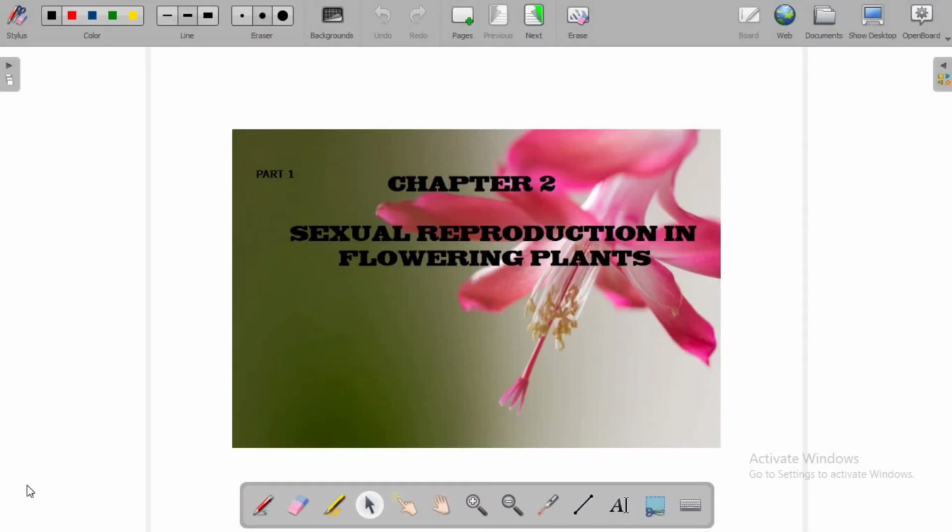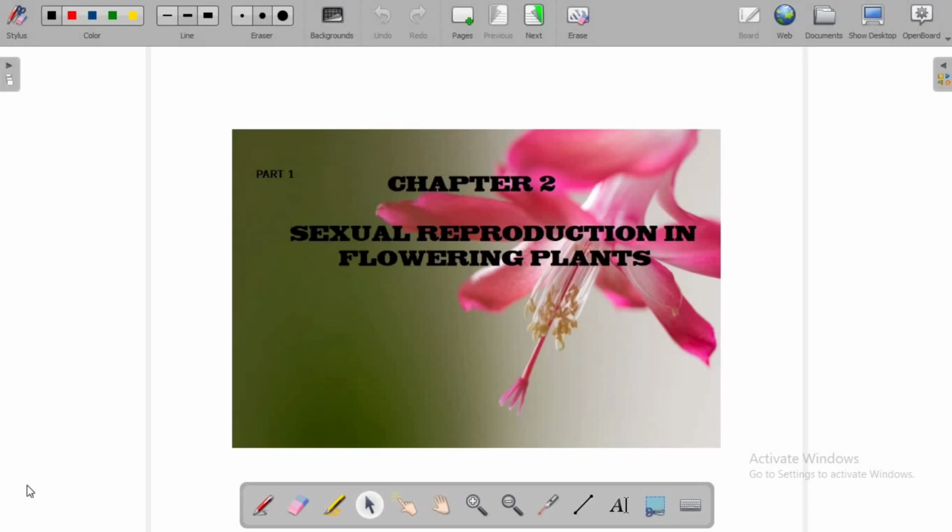Hello everyone. Today I'm going to start biology chapter 2, that is sexual reproduction in flowering plants of the NCERT textbook. In the previous chapters we have learned about different stages and events of sexual reproduction in plants, that is the pre-fertilization event, fertilization event and post-fertilization event. In this chapter, we will be dealing with an elaborate description of all those events, including the morphological structures